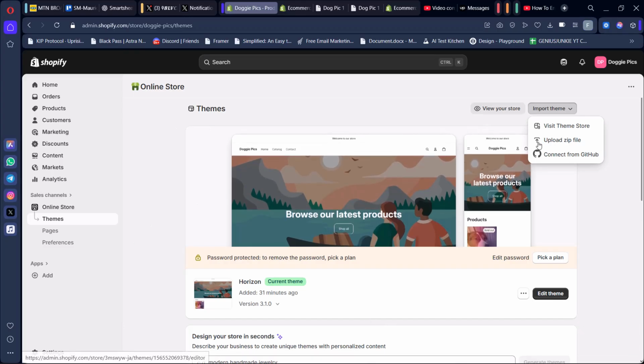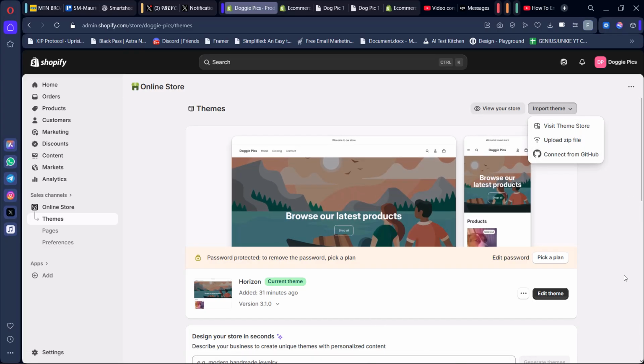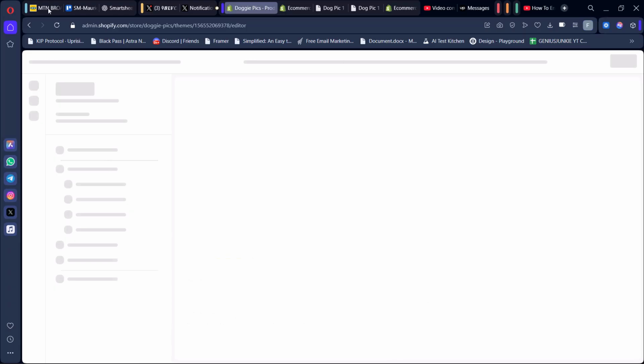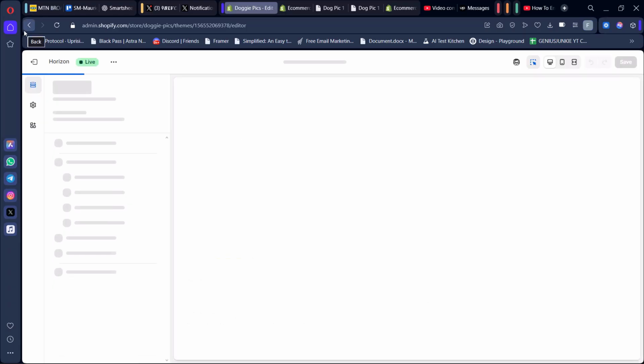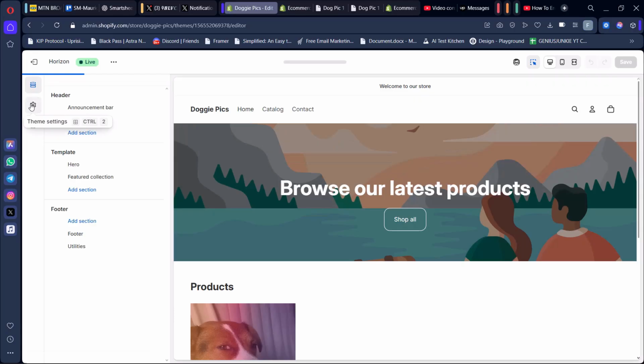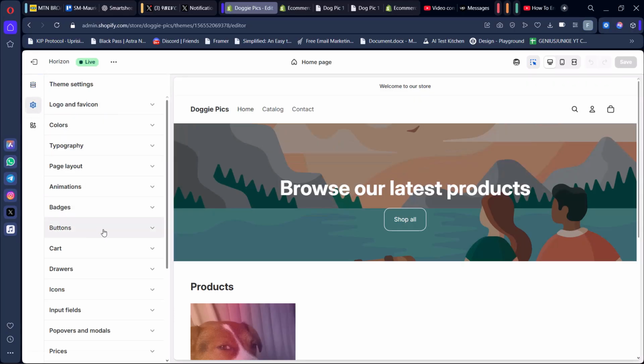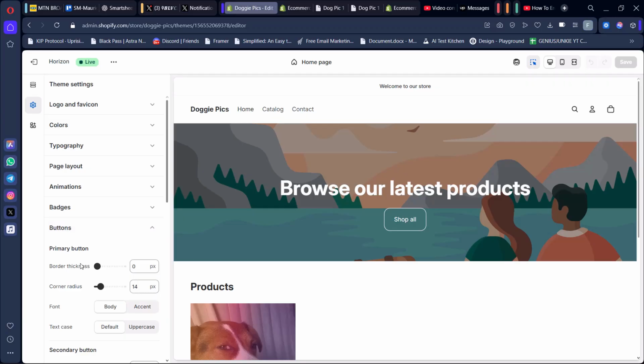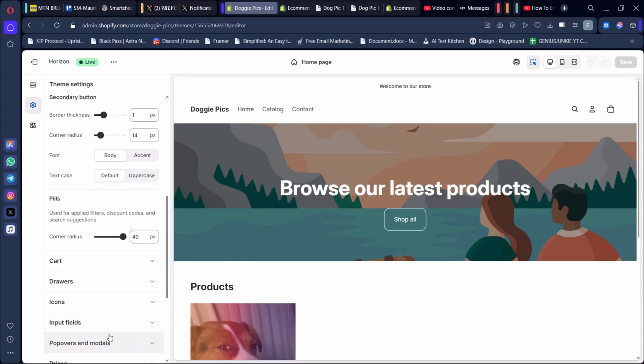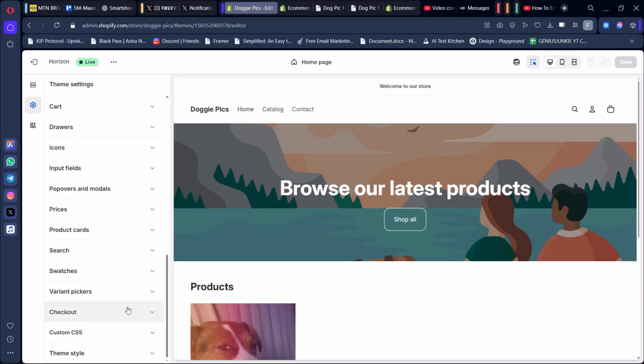theme. Now, if you can't find the theme on your computer and you want to find an alternate theme you could try, just simply click on edit theme, and the theme editor is going to open up, and you should be able to find in the theme settings, if you head over to buttons, you should be able to find some of the buttons for these transactions like the